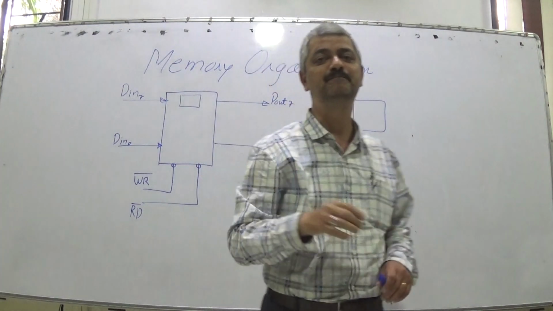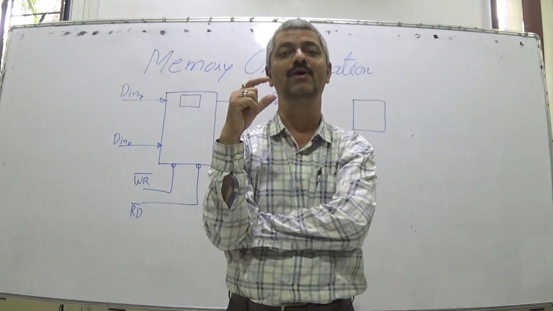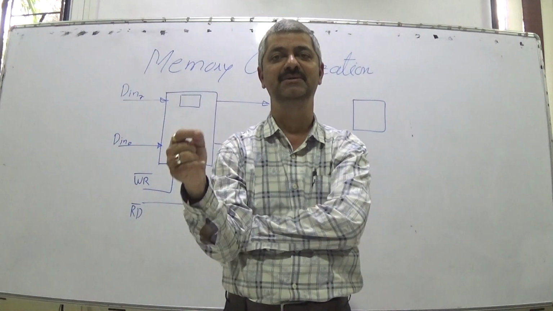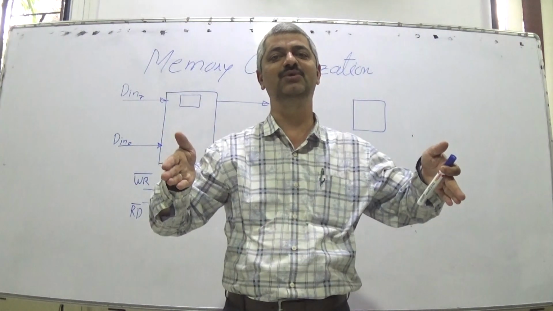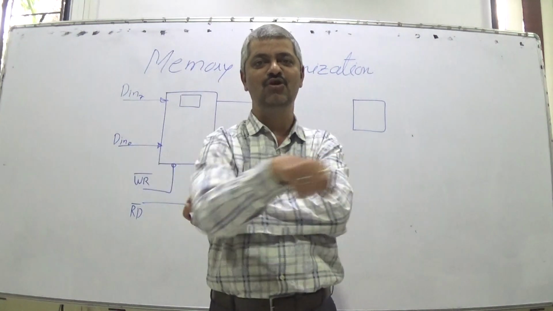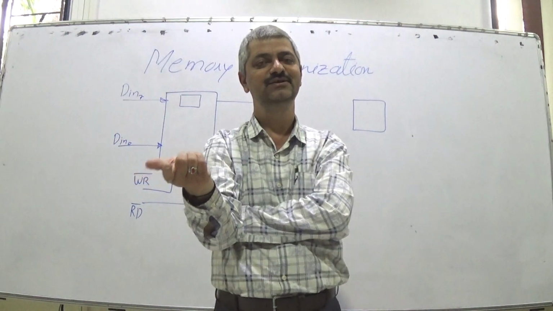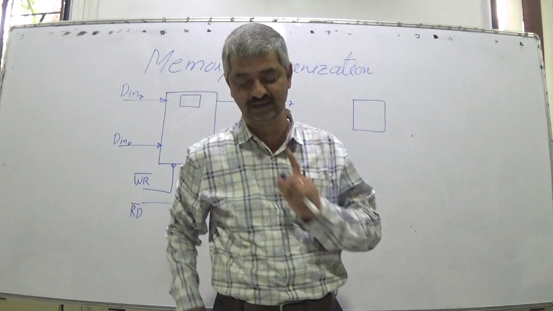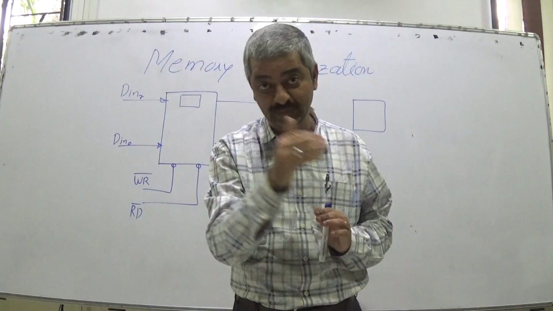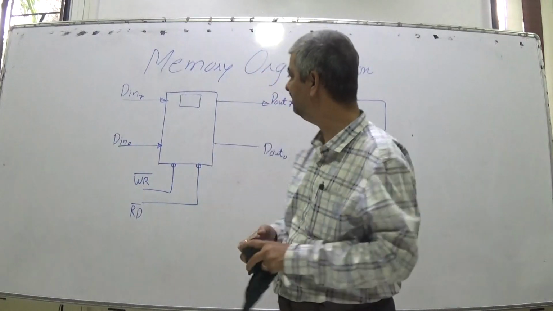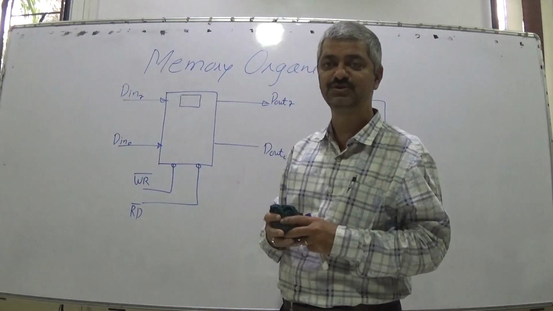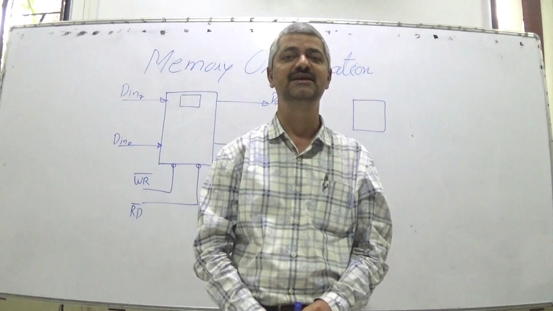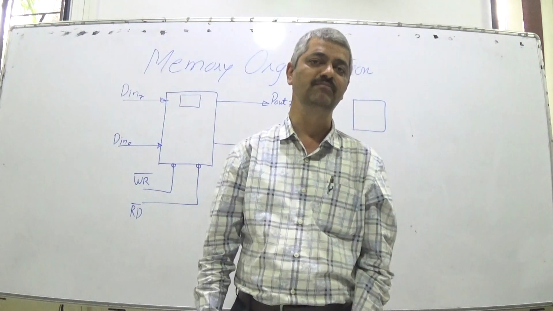So a simple electric button is a 1-bit mechanical memory cell. Such 8 you can bring together. You can have any combination of on, off like that. So a memory cell, just it is mechanical, but it is electronic. So data input pin, data output pin, that is also clear for you. So this is a single byte memory cell. This single byte memory cell will come into picture on many occasions.